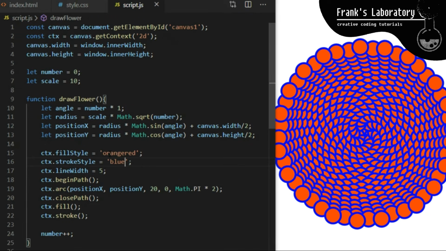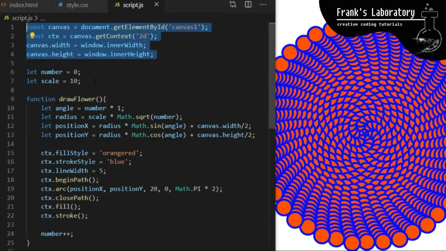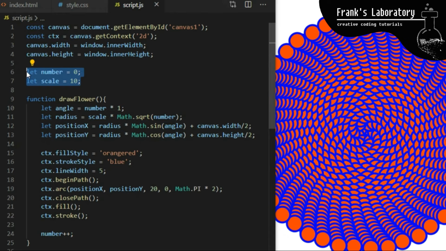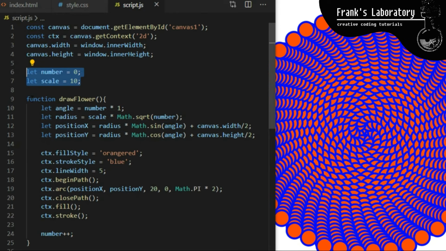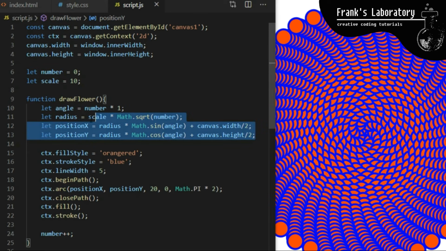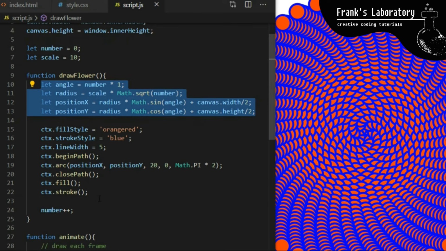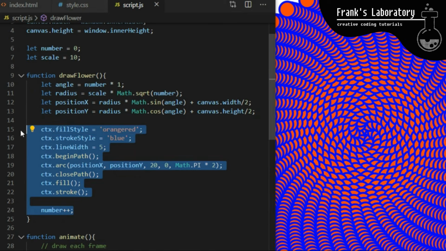But before we do that, let's just quickly look at the code. First, we did our initial canvas setup on lines 1 to 4. Then we created some global variables to use as settings for our algorithm on lines 6 and 7. This effect is drawn by a single spinning particle. Inside the drawFlower function, we first calculate position for this particle for this particular animation frame on lines 10 to 13. Then we use Canvas API built-in drawing methods to draw a shape we want. If you want to replace circle with something else, you can replace it with a square, rectangle, star, hexagon, or image. You can do that just by replacing the code here.